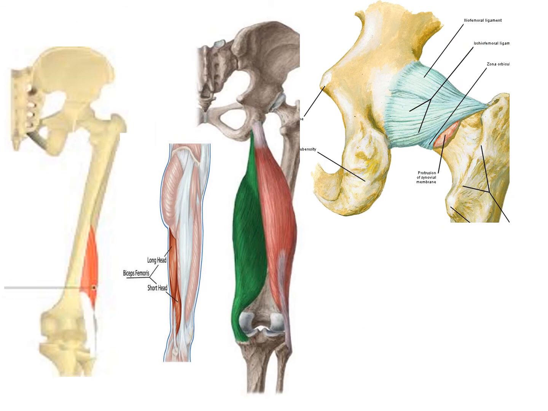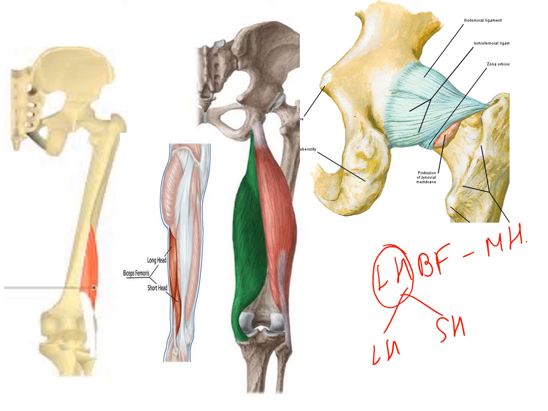Now we will discuss the last modified hamstring muscle, which is the long head of biceps femoris. This is a modified hamstring muscle. We know that the biceps femoris has two heads, long head and short head. So first we will see the biceps femoris. The long head, where does it arise from? This is the hamstring part. Short head is not the hamstring part. First let us discuss the long head's origin.